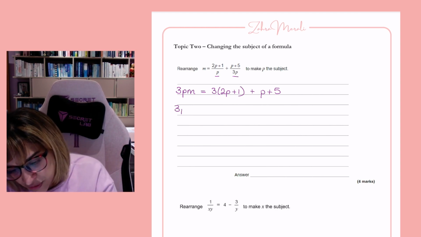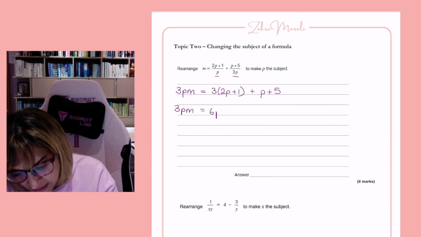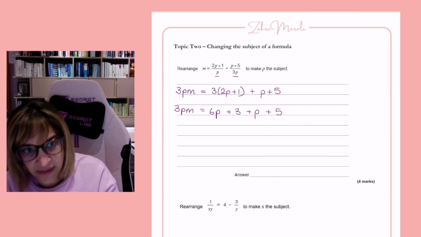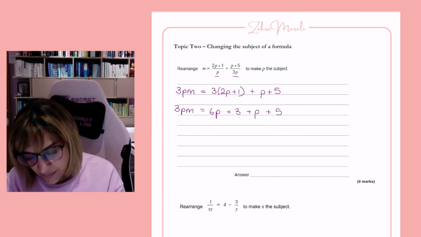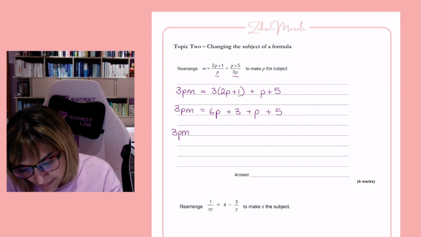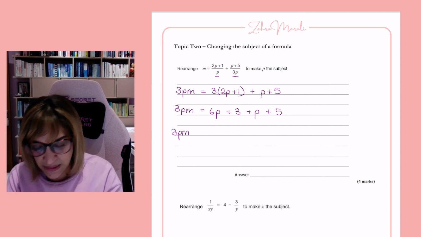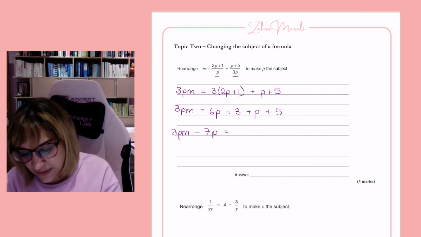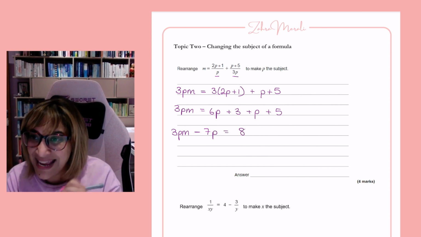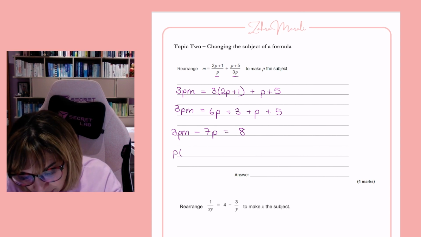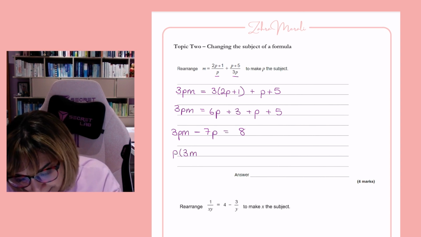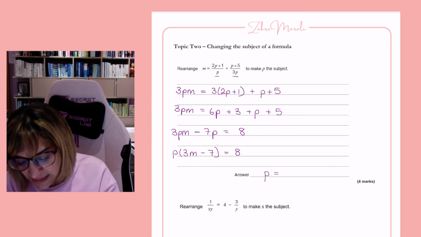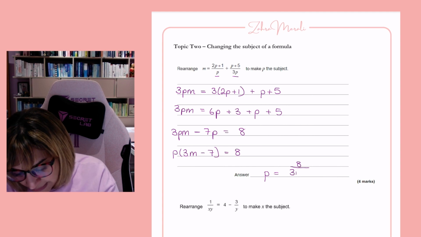So I've got 3PM equals 6P plus 3 plus P plus 5. So now I'm putting all my P's onto one side, 3PM, and I've got 6P plus P, so I can move those, so minus 7P, equals 3 plus 5, which is 8. And the next step is you want to take the P outside the bracket. So 3M minus 7 equals 8, and you should then be able to see